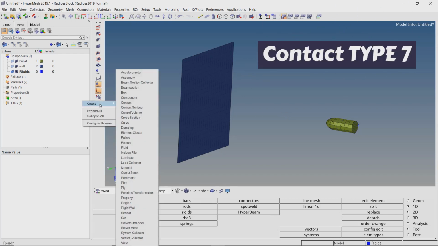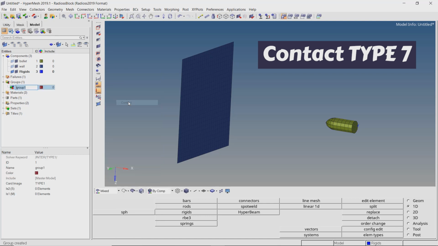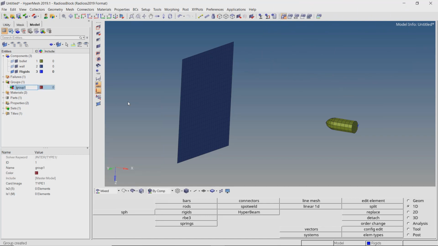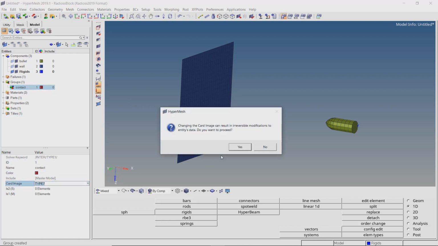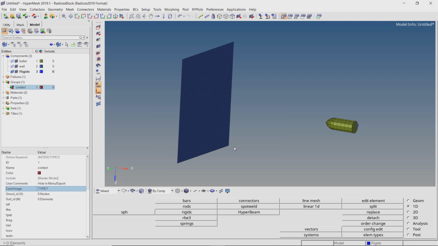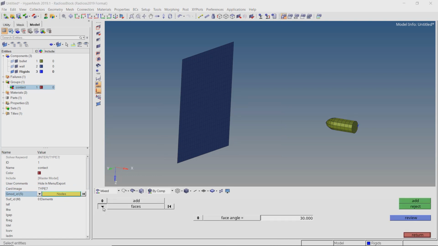Now we will create a type 7 contact between the wall and the bullet. Change the card image to type 7. For the slave nodes, we will select all the nodes on the wall as they will be impacted by the bullet during the simulation.